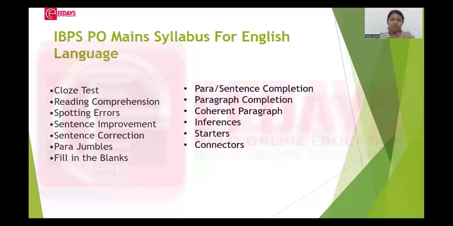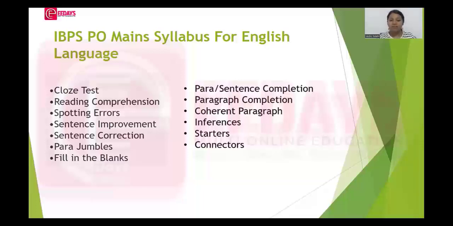we'll be figuring out how to break a leg. And coming again to spotting errors, there will be a statement given, and the statement will be partially divided. You have to figure out which part consists of mistakes, and you have to choose the answer. And coming to sentence improvement, it is the same as spotting error, but here you are not only going to spot the error, but also find the replacement so that it gives a better meaning